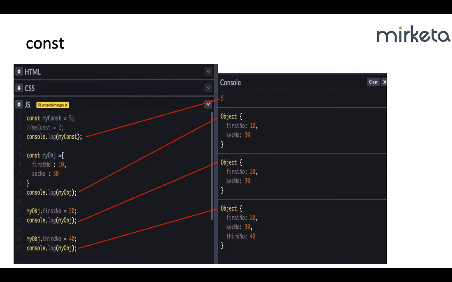So if you see the below code, I create an object, I introduced two properties, and then in line number 11 I alter the first property, and also in line number 14 I introduce a new property. So everything works as expected. This means that it is possible to modify the properties of objects and arrays assigned with constant,